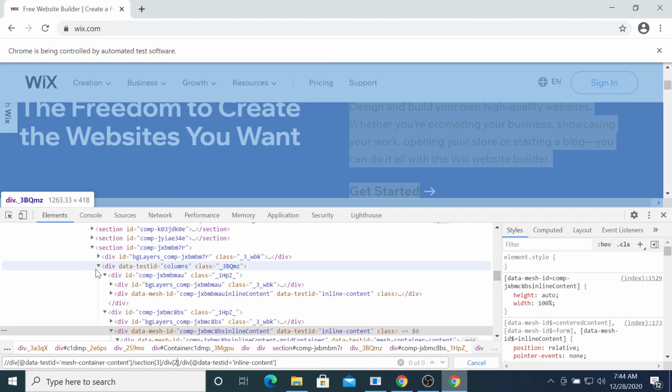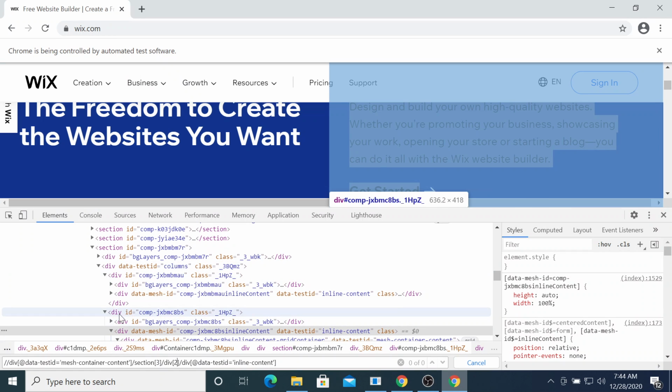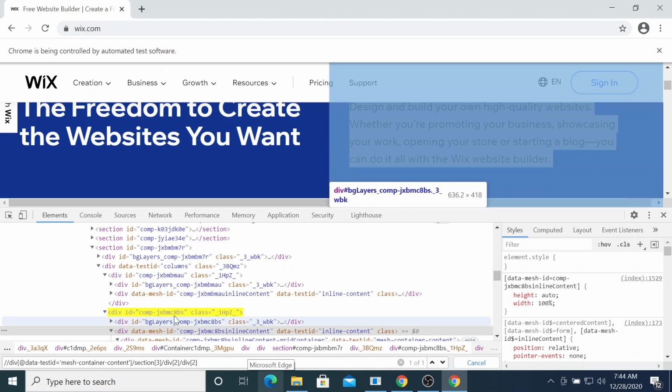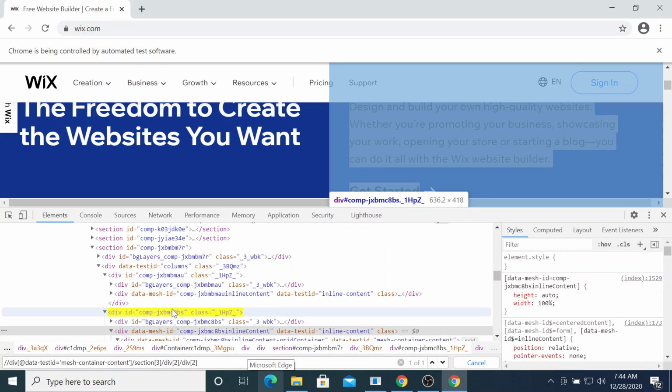From here I'm going to div 2. Inside div 2 I need to go to div 2 again. Alright, div 2. Here. Now I capture the